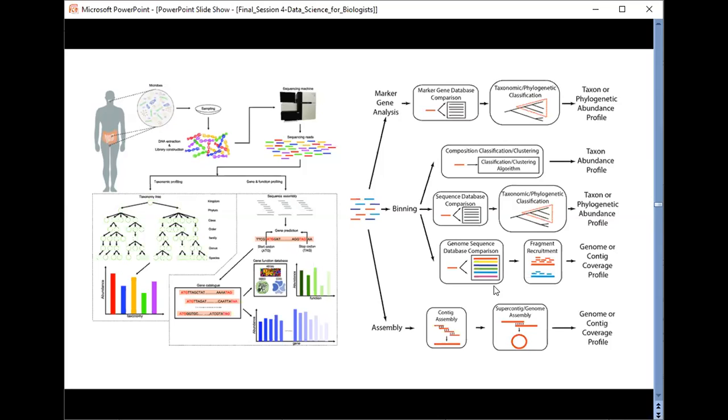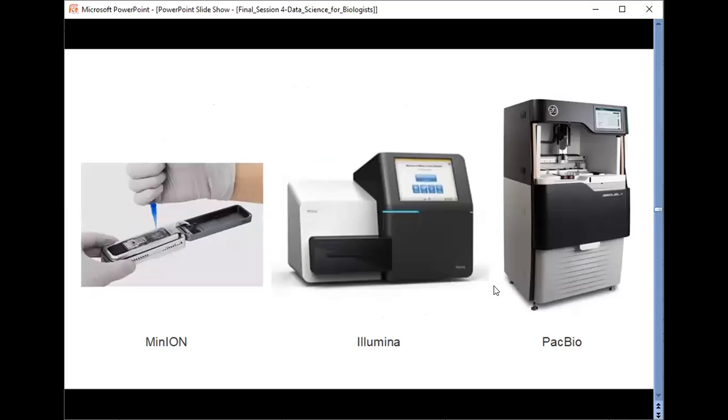So the information about what genes are present helps us to predict how these organisms might be functioning within a human body. There are different sequencers used particularly for metagenomics like MinION, Illumina, PacBio.